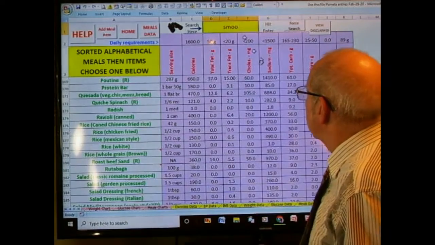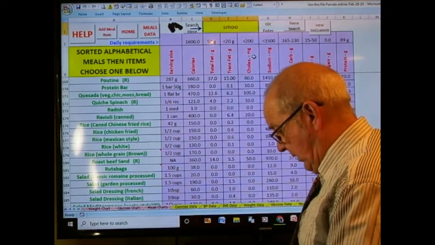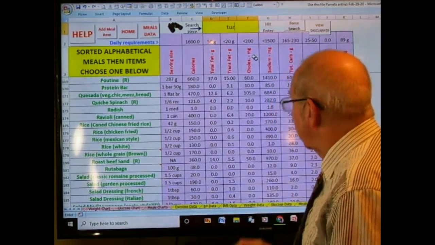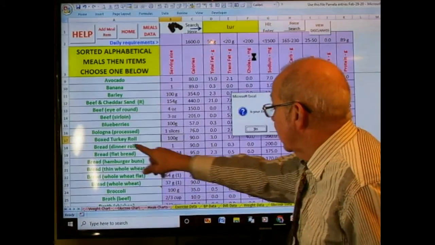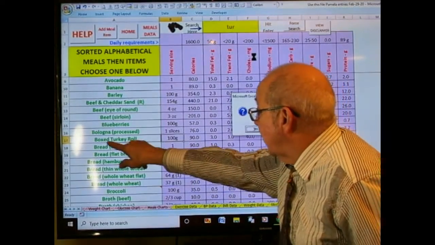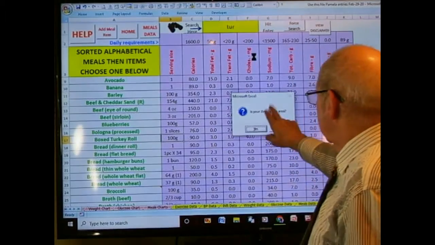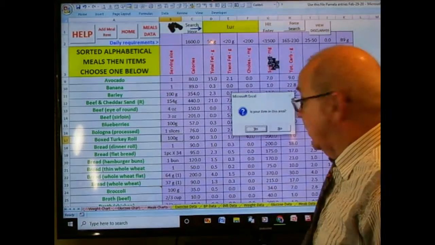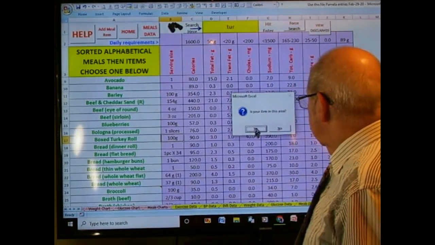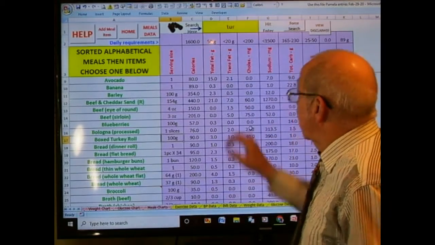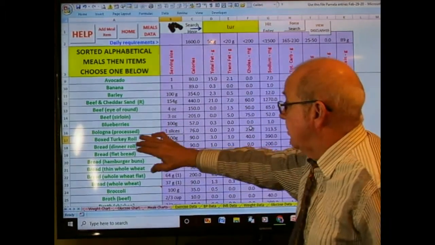Okay, so that's already highlighted. T-U-R. Okay, turkey. Okay, there it is there, the turkey roll. So it finds it and it says, so is this the item in my area? Yes, it is. See, this way here, you don't have to type in the whole word, because you might have